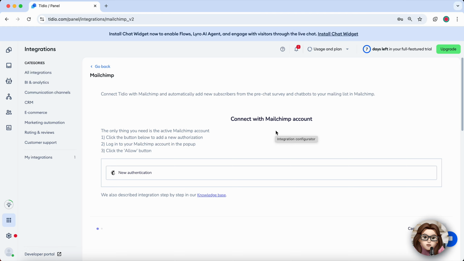That's it, your integration is now active. From this point on, subscribers captured through Tidio chats will be automatically added to your selected Mailchimp audience, saving you time and keeping your